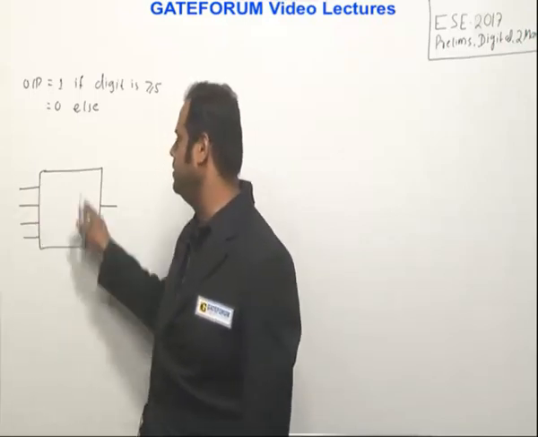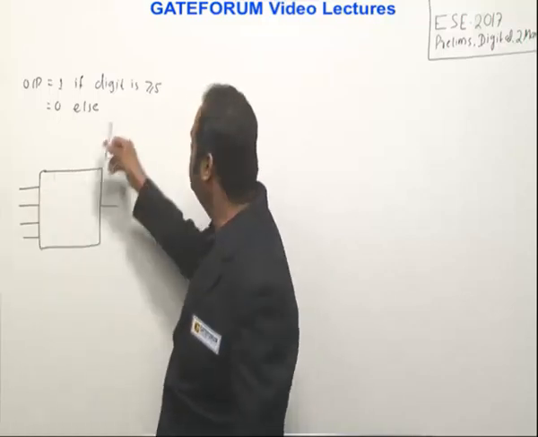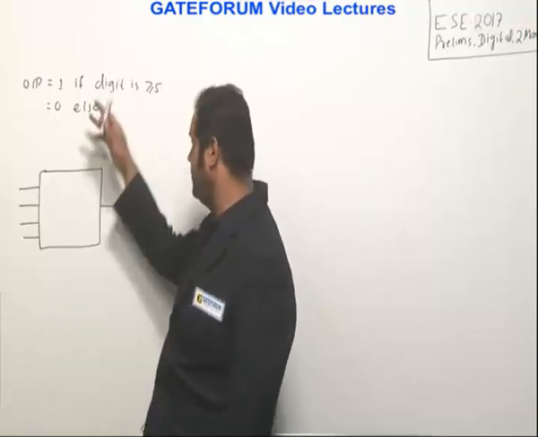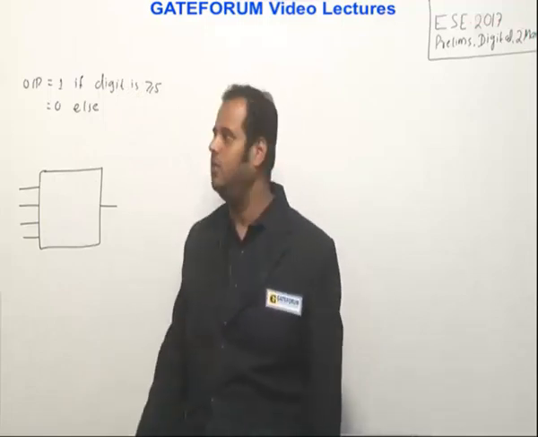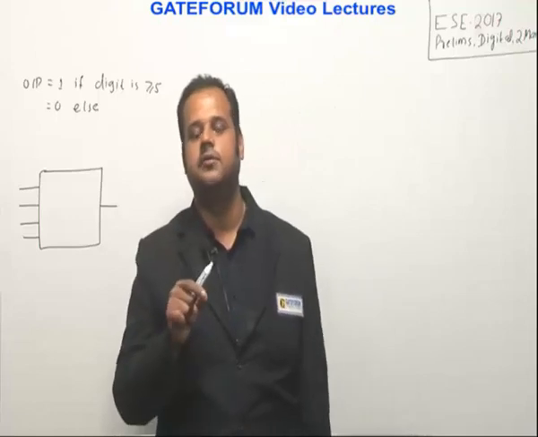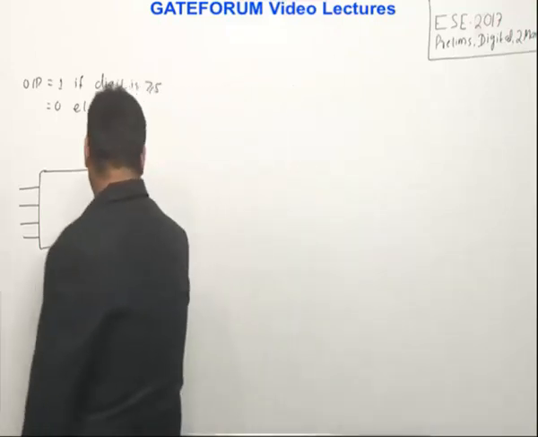And we are expecting this circuit to be designed in such a way that if that number is greater than or equal to 5, the output is 1. If it is not greater than or equal to 5, it should produce 0. So to design that combinational circuit, how many gates are needed? We are restricted to use only the AND gate, OR gate, NOT gates. Right, let's see.